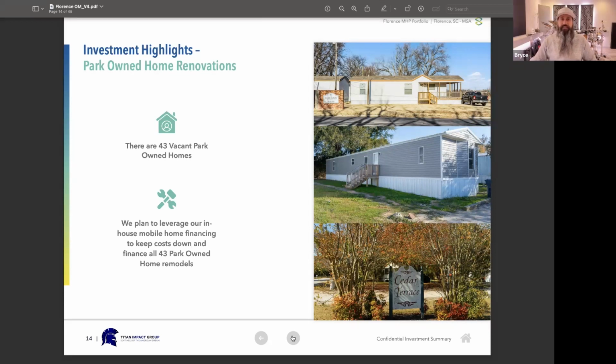What we're doing these days is we're putting the $10,000 in, we're doing the remodel. Then we are going out and we are finding a qualified tenant who wants to buy the home. Then through our mobile home financing company, the tenant gets the financing with our financing company. They pay a down payment to the financing company, which essentially is a debt fund. And then the park puts an additional $1,000 in, but pulls the $10,000 out. So now, instead of having a $10,000 balance on that home, we only have a $1,000 balance on that home,